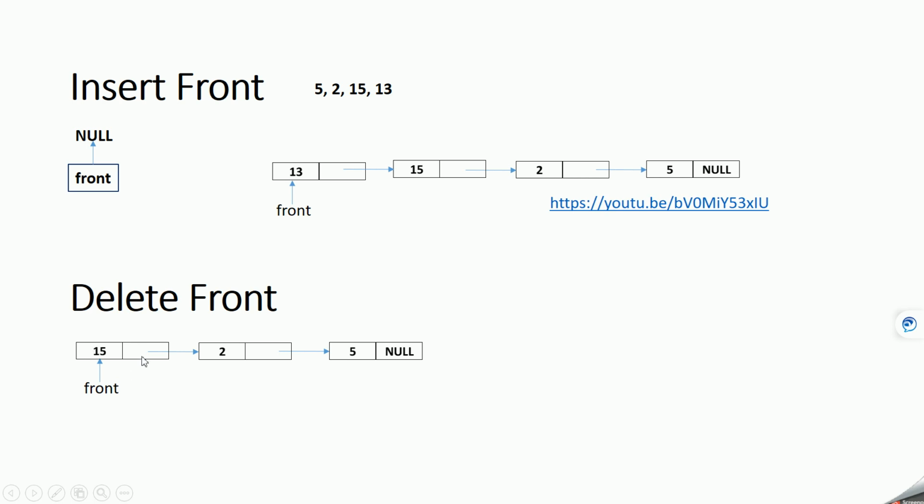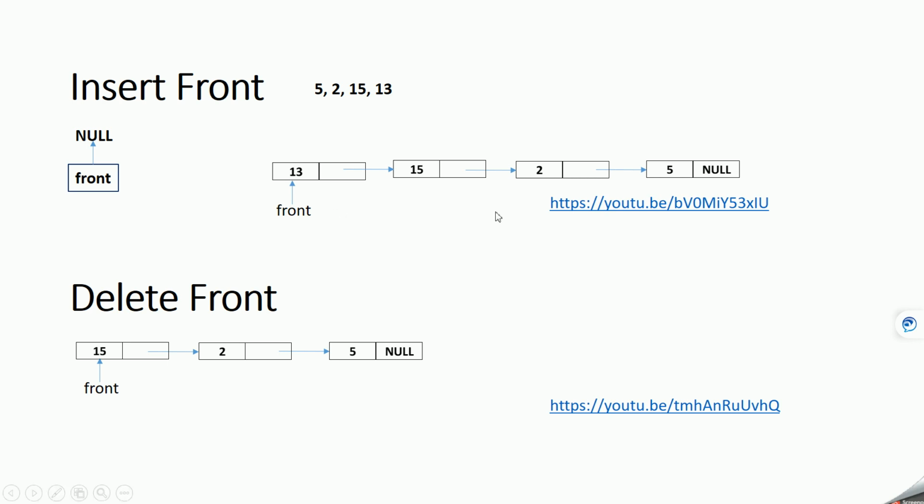This is how you have to delete the element from the front of the linked list. If you want to learn to write code to implement this behavior, that is deletion of an element from the front of a linked list, you can watch my video present at this link, where it is explained in detail step by step for writing the code.